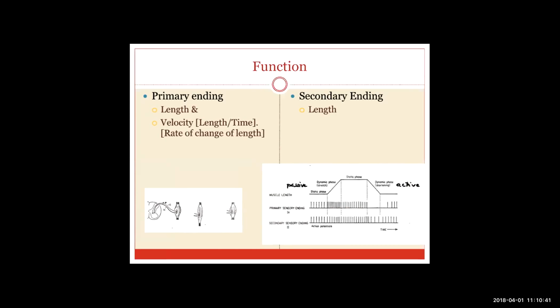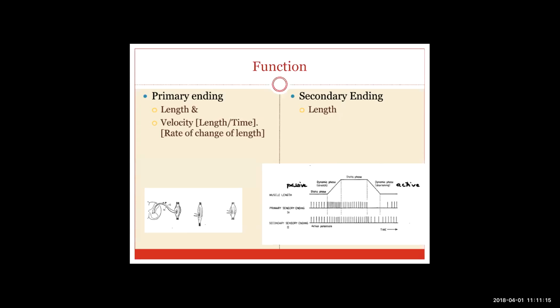Now, I hope all of you will be very familiar with the length of the muscle changing. Say, for example, you do a knee jerk. Primarily, we are trying to hit the tendon. The hit on the tendon will lengthen the muscle and the receptor inside. So once your muscle is pulled, you will immediately start getting impulses traveling to your nervous system. Your primary endings can also give you information about the velocity, that is the speed of the stretch which is being delivered.